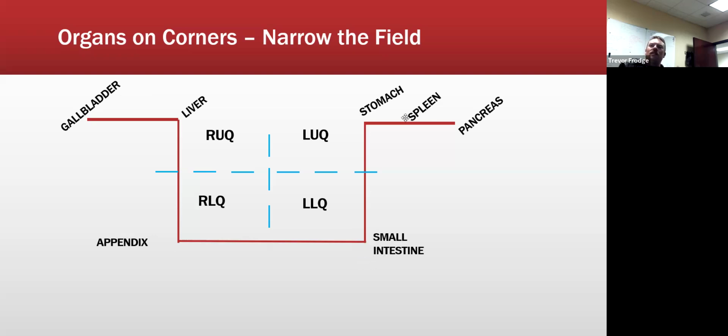I come up, stomach and spleen, interchangeable. You could make this one spleen and this one stomach, or this one stomach and this one spleen. It really doesn't matter. And then finally, we end with the pancreas. So when I do glass P, all I do is put my organs on these corners. Now, again, we said this isn't scientific, but what it does is it puts you in the ballpark of where